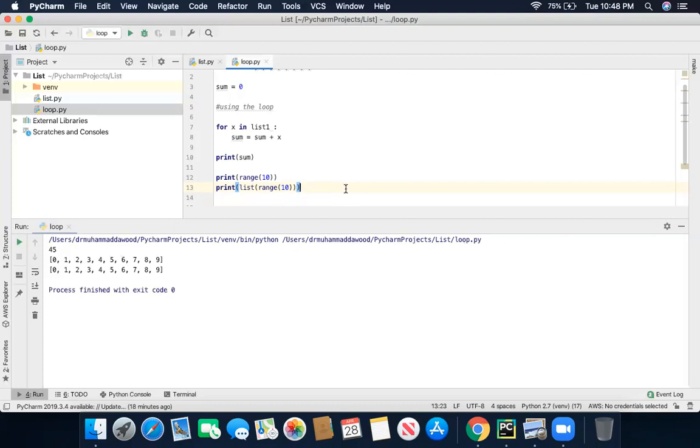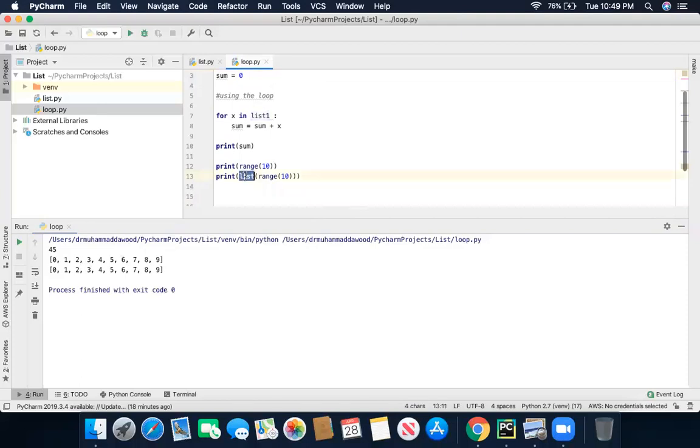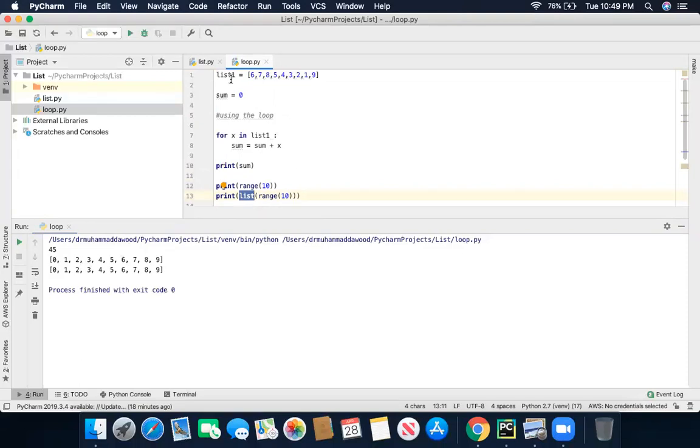List, bracket, range, bracket. First, you change the name of the first list to list one. I guess you're getting the conflict between the list and the list we were using before. So you can change the list to list one, so we can use the list here. Yes, before, what we were using as list, convert that list into list one.